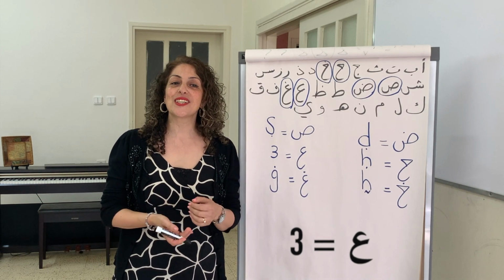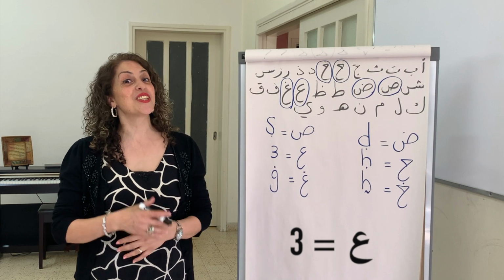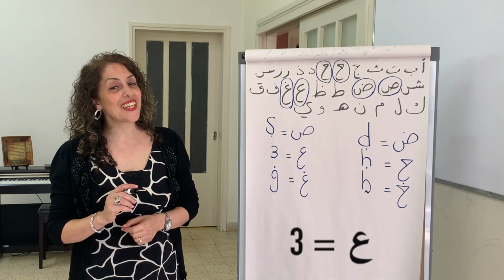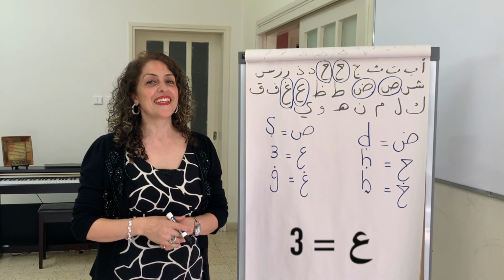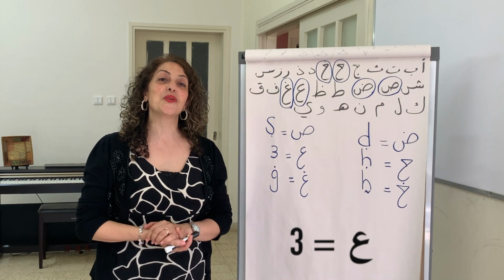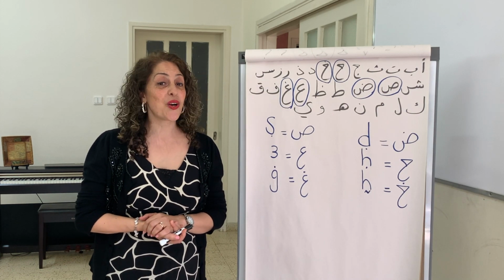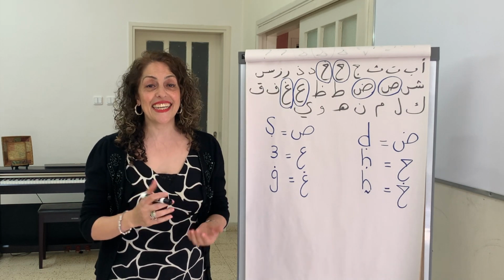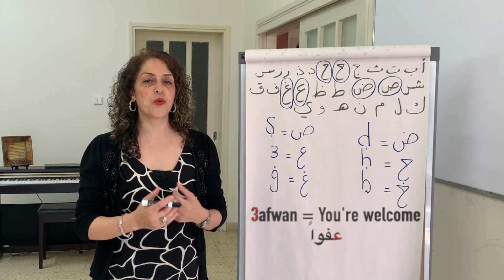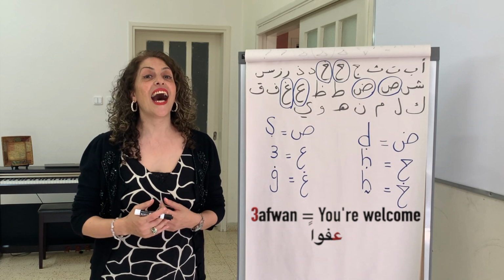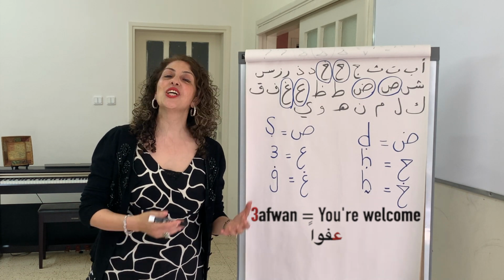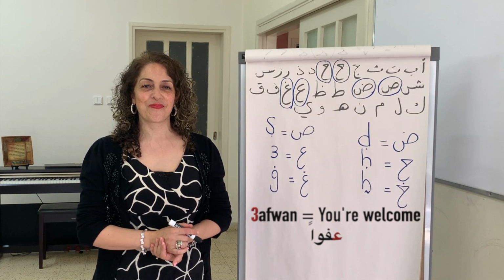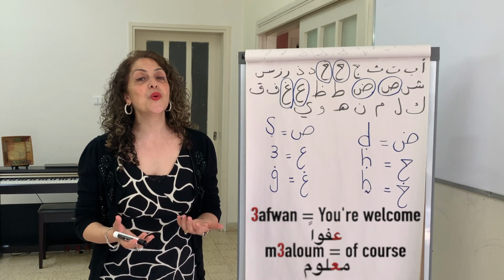My students usually laugh when I say choking letter, but I tell you, in a short time, they would be able to pronounce it. So let's take some examples of the letter Ayn. Afwan, which means you're welcome. Ma'loom,